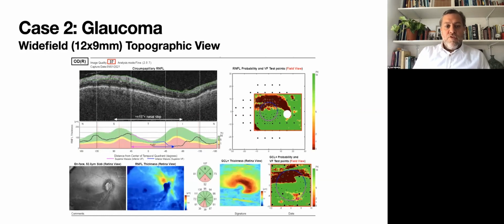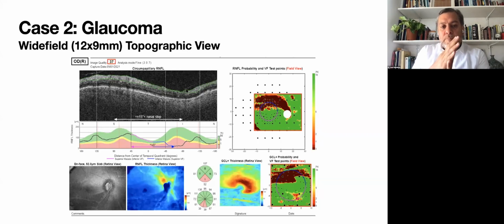This is the report that shows us the defect again at the ANFAS images and also on the topographic view. When we see the defect of the ganglion cell layers, it is pretty noticeable. And when we do see the simulation or RNFL probability and the visual field test, it shows a classic glaucoma defect. Also, when we go to the RNFL thickness plot,